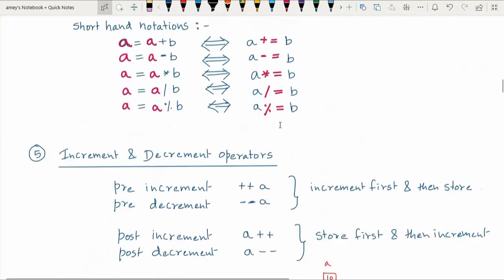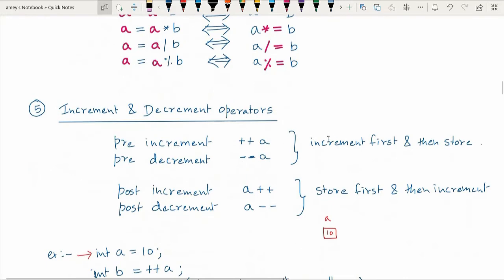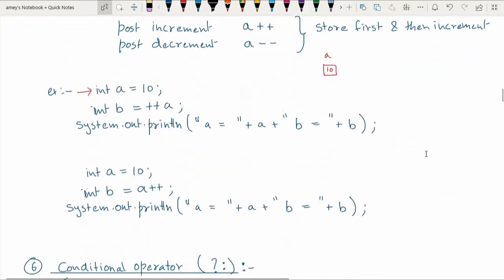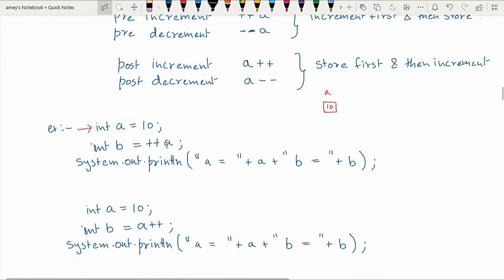That is called pre-increment, and I have already explained its meaning. Pre-increment means you first increment and then store the result. So first, this a will be incremented by 1. By default, when you use increment, you increment a number by 1. So a++ is actually equivalent to a = a + 1. Remember this: whenever you write a++, it is a shorthand for a = a + 1. So by default the incrementation is 1.